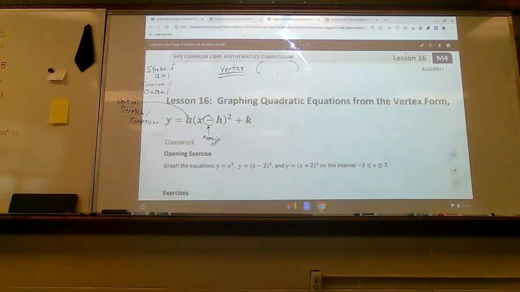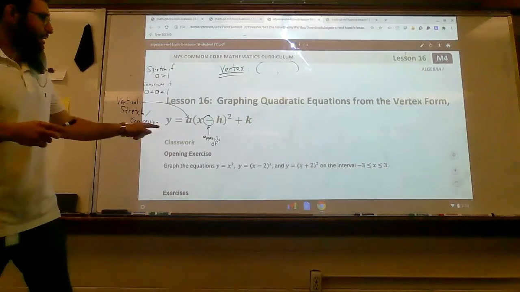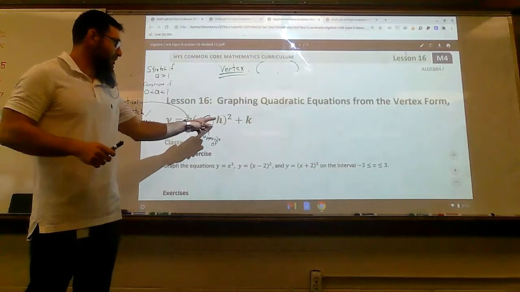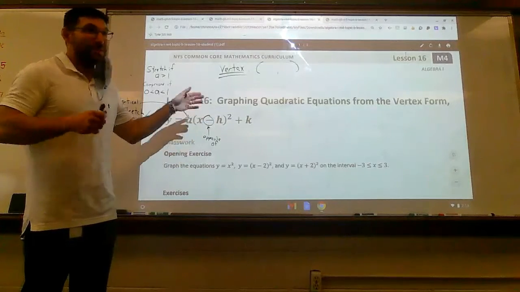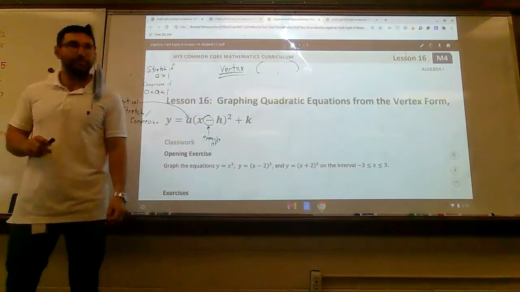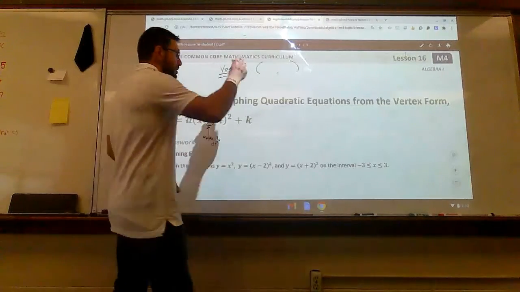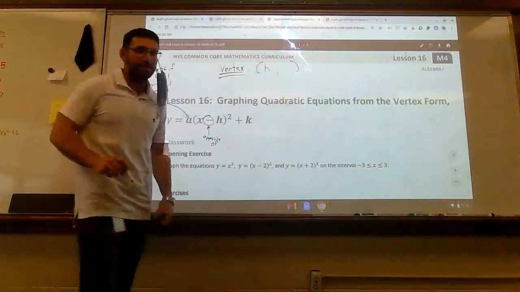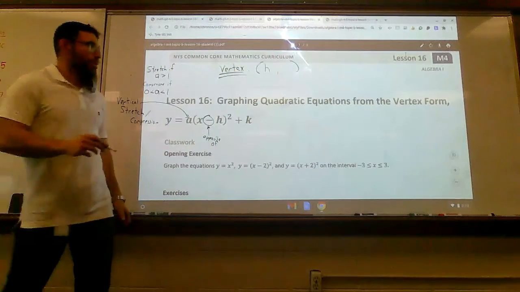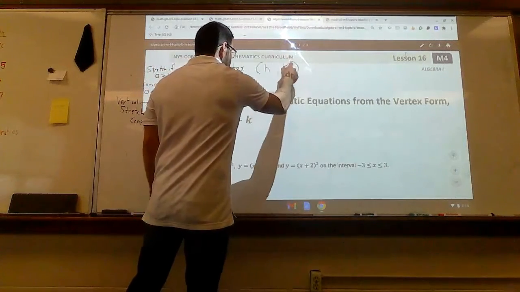So once we start writing some of these, that sign means the opposite of. Right now, this says the opposite of negative h. What's the opposite of that negative h? Positive h. The vertex is h, comma, k,